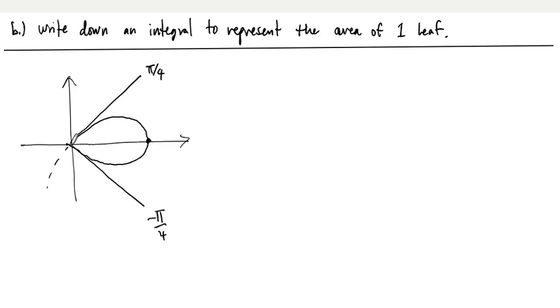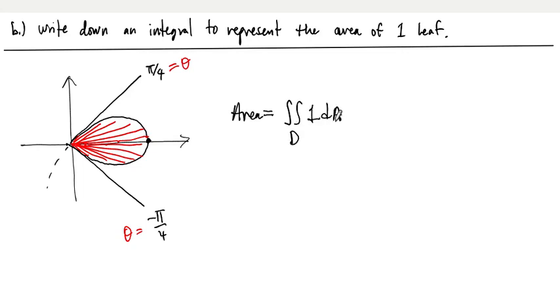So if we let our boundaries for theta go from negative pi over 4 to positive pi over 4, then our leaf will get traced out in exactly, by the rays, right? Exactly the way I'm shading this in right now. Okay? Now there's other choices we can make, but to make sure that we have one solid leaf and we want to write down an integral that gets the proper area, the area, of course, should be the double integral over this region of 1 dA. This always finds the area of the region that you're integrating over,